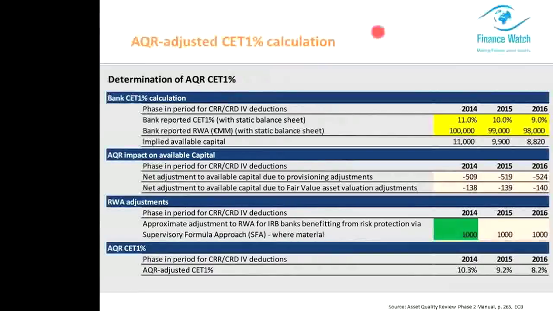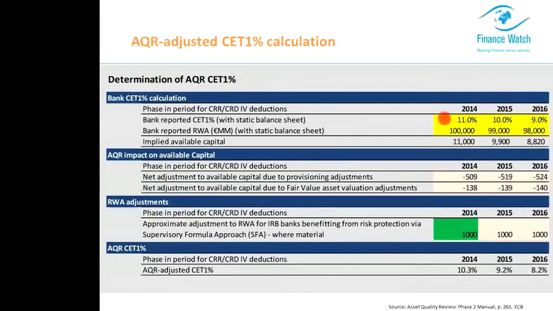So, before AQR, the bank reported capital ratio and risk-weighted assets as of 31st of December 2013, and now we have the findings of AQR, which are here for the loans and here for the level 3 fair value assets. They have to be translated into capital ratios. But first, what the bank presented at the end of December 2013